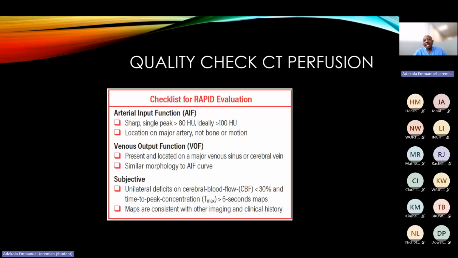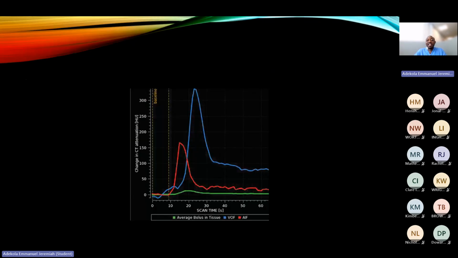So when we have this done and we want to interpret, we need to ensure that some things are in place, like assess the quality control of the scan that has been done, because if the scan is done wrongly, the interpretation is likely to be wrong. So there is a graph which I will show now. For every patient that has had a CT perfusion, this graph will always be there. And this graph is important because on this graph, we can see